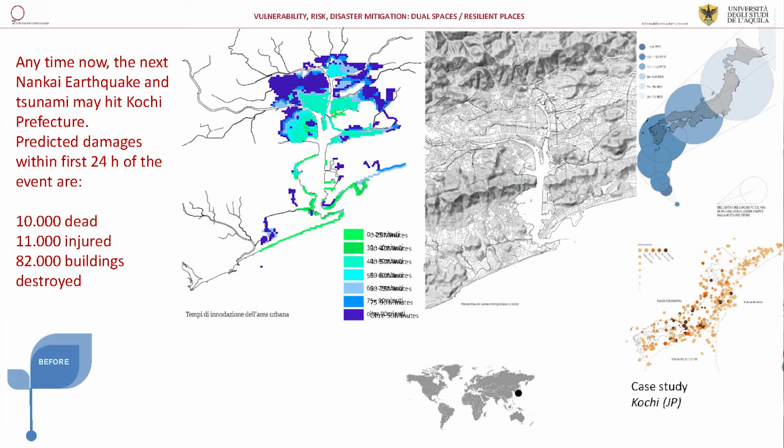So we focus on one of the areas that could be hit by earthquake and tsunami, and that has also other vulnerabilities. That is the Kochi prefecture on Shikoku Island. The damage预view is really high, as you can see here from the geographical form of the Gulf and the river. The delta and the river are quite difficult,